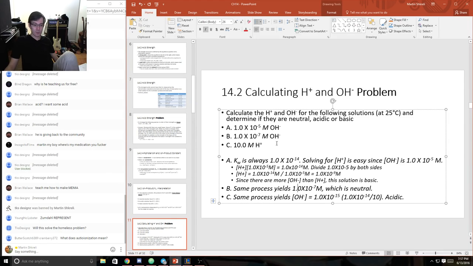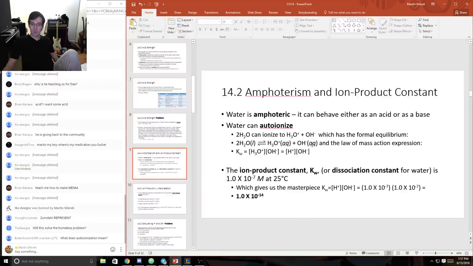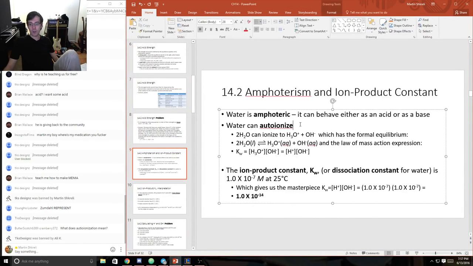We had a question here. What does auto-ionization mean? Let's go back real quick, and I'll explain it. So water normally is not an ion, right? It is simply a neutrally charged molecule. But what water can do, some amount of water, very little amount, but some amount of water,